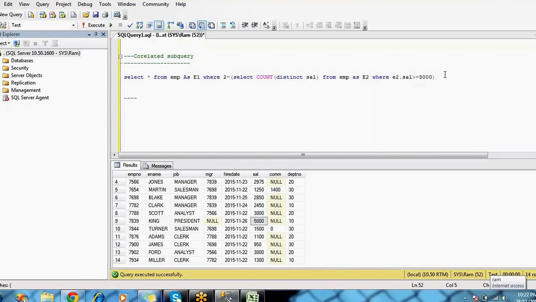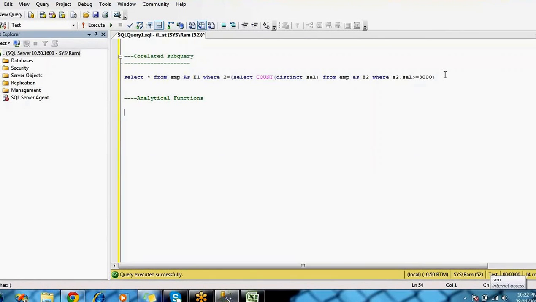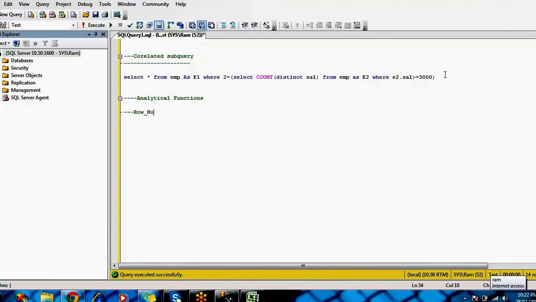Now some analytical functions. What are the analytical functions? One is the row number function, the rank function, and the dense rank function.